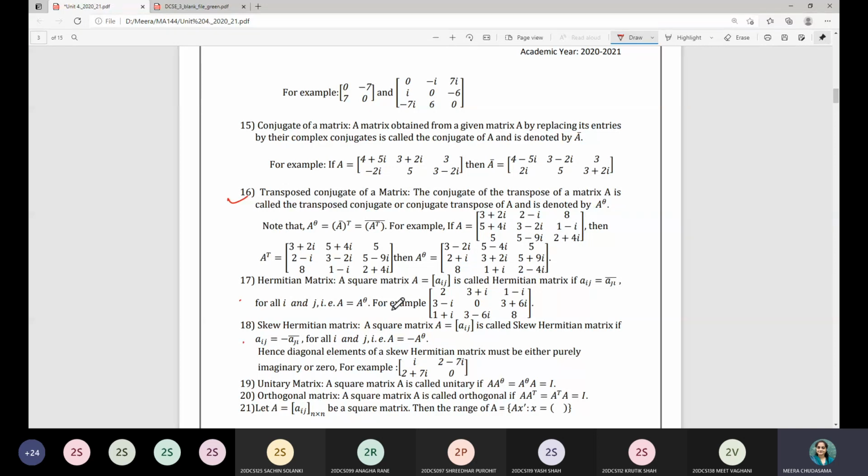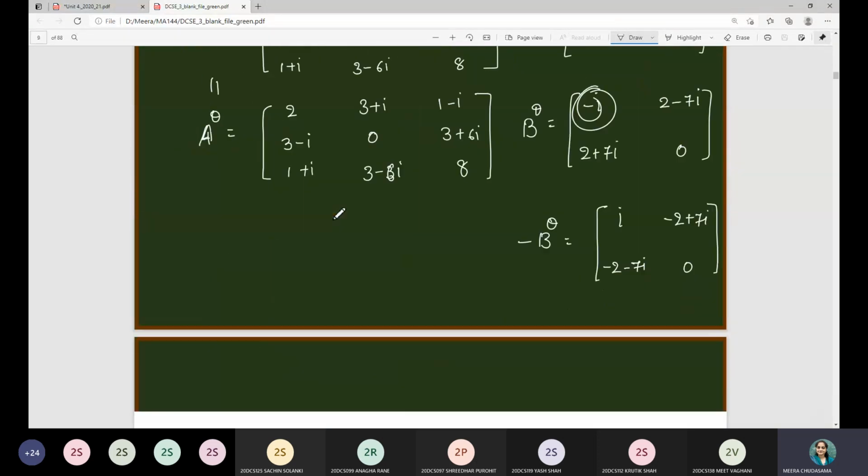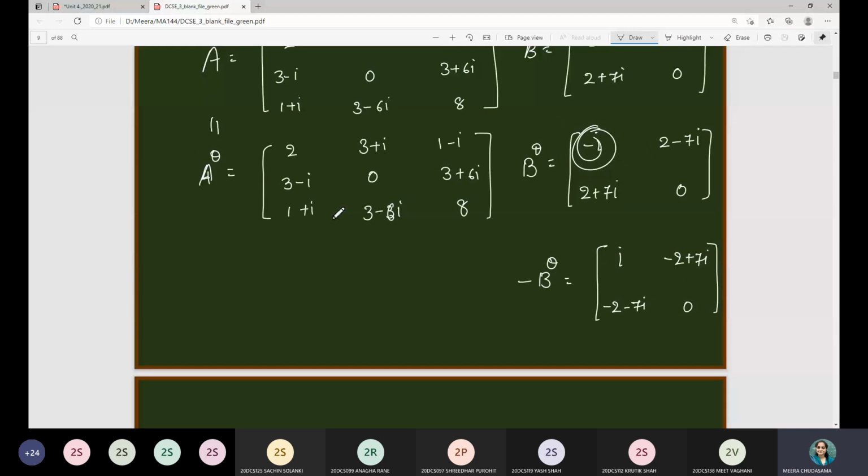So if you have observed one thing in the last class, this is the matrix given to you, right? And if we see the criteria behind this skew symmetric matrix, so not a skew symmetric matrix, sorry, it is a skew Hermitian matrix. Yeah, so A raised to theta is equal to minus A, right? That is the criteria for a skew Hermitian matrix. So if we consider A is represented by a_ij entries, i running from 1 to m, j running from 1 to n.